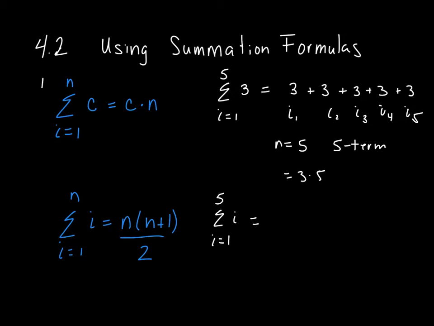So the first term, i1, is equal to 1. The next term, i2, would be plus 2, then plus 3, then plus 4, then plus 5. You have 5 terms, and that sum is equal to 15. Now, if we want to look at the formula,